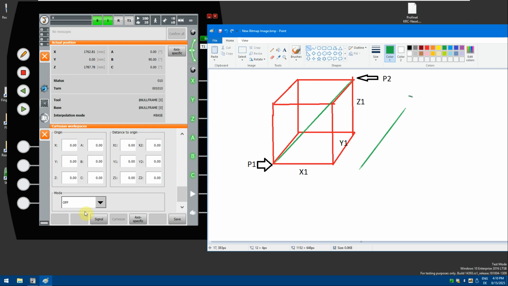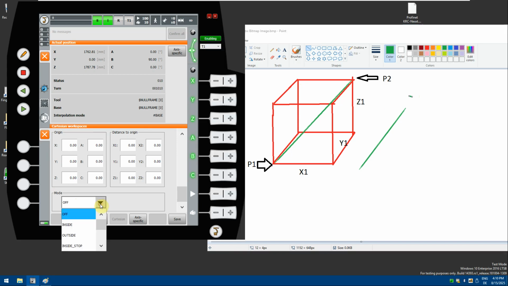Okay? So this mode off means shut down. We can see how many options are here. As you can see: inside, outside, inside stop, outside stop, TCP inside, TCP outside stop. For this video, I'm just going to tell you inside means robot inside. Outside means the robot is outside the defined area, but without any